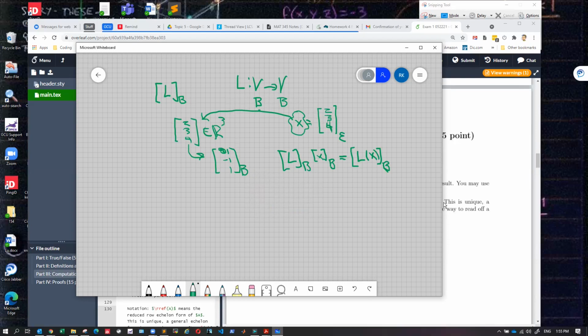So then what you do is you take this thing and you say, okay, now let's go back and figure out what L of x is in the standard basis, which we usually just write as L of x. Here I kind of left off that notation, but usually we just call this L of x. So what are you doing? You're taking x,